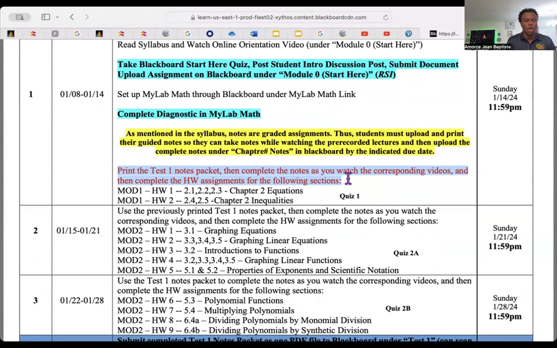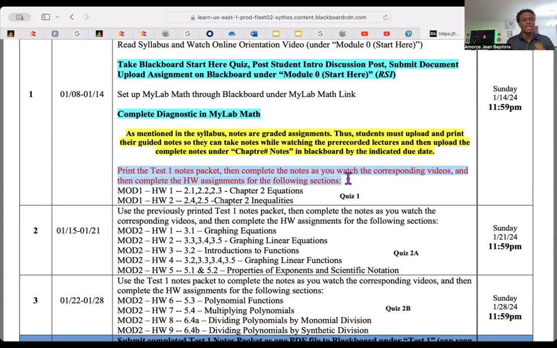Your test day is also the due date for your notes, and they are counted as attendance and participation. That's how you show that you attended this class and participated in taking notes.